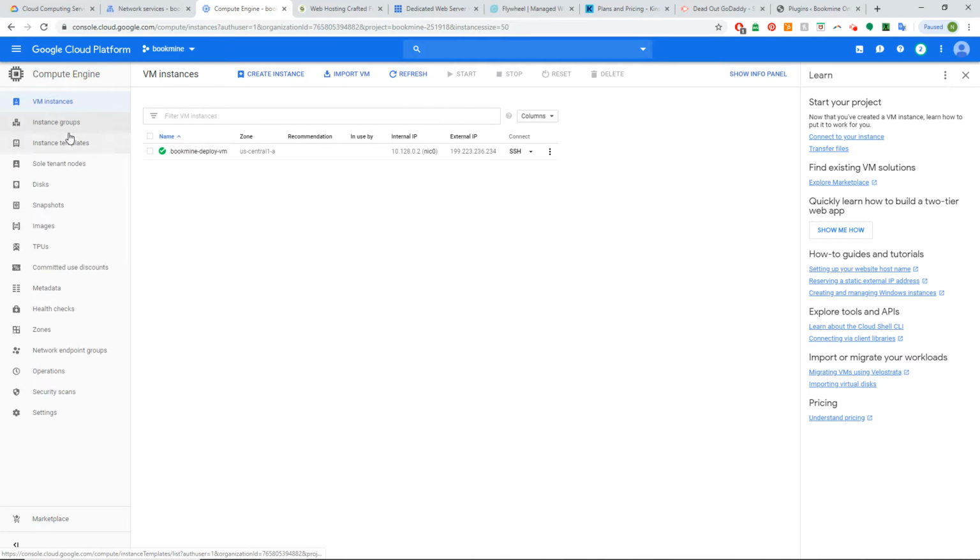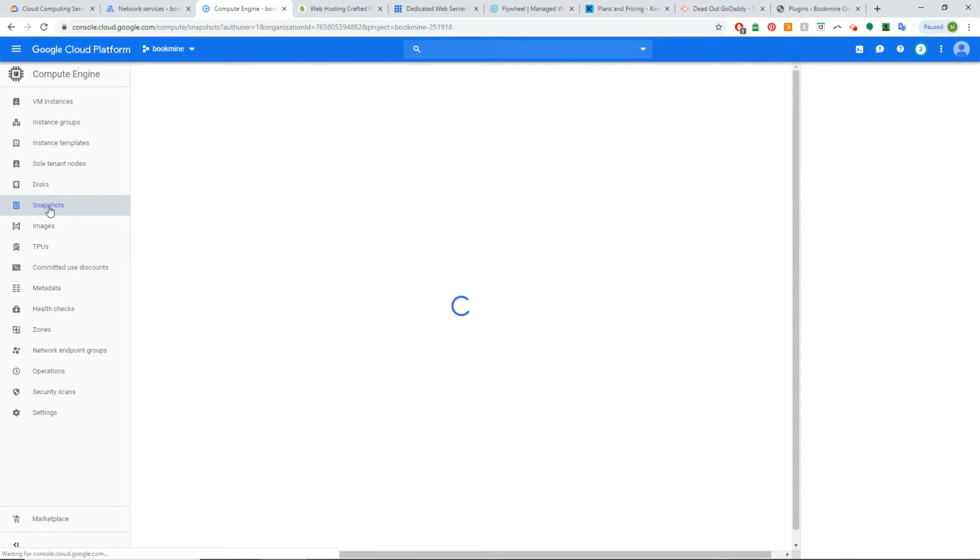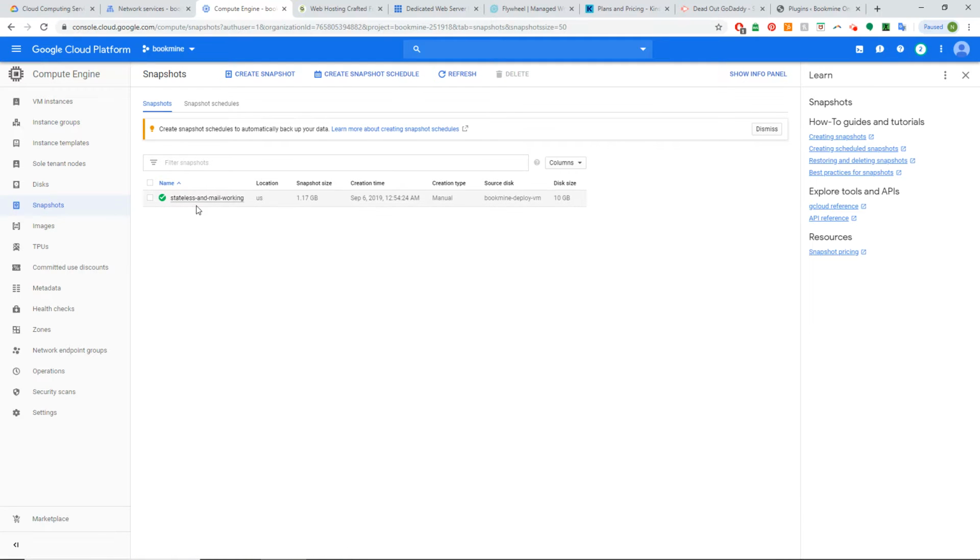As well, what we've got here is snapshots. What snapshots are, stateless and mail working, as you can see, it shows snapshot size. These are backups, which if we have to restore, which further on down we're going to do,